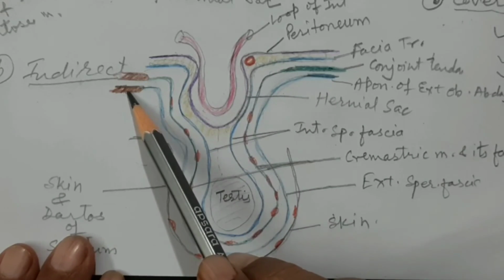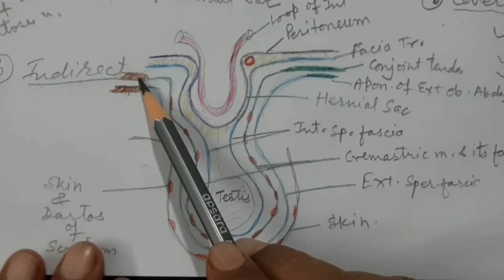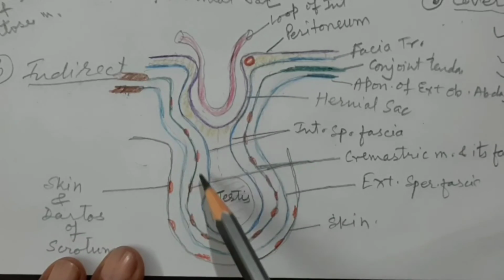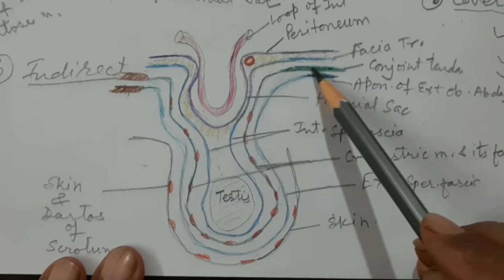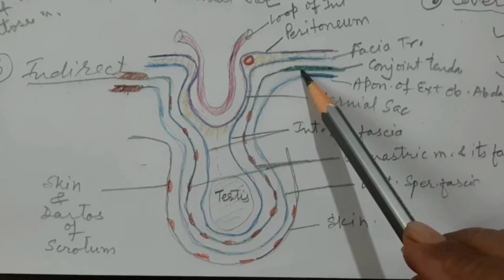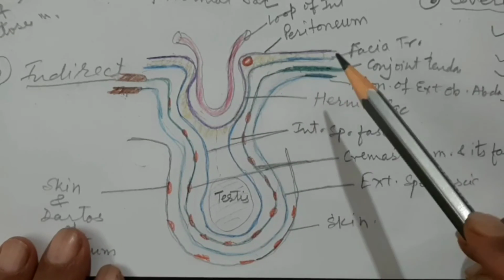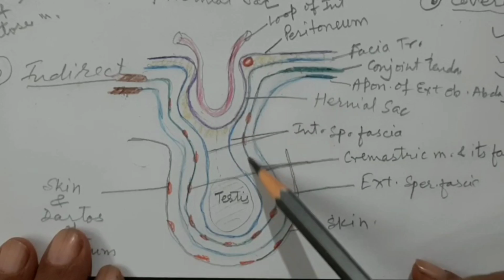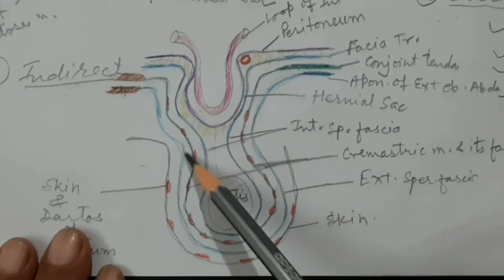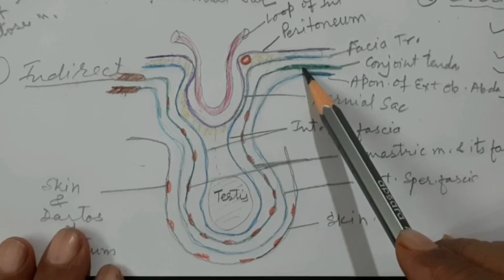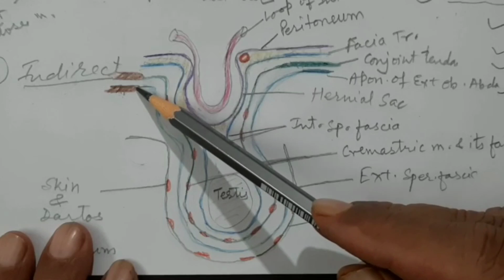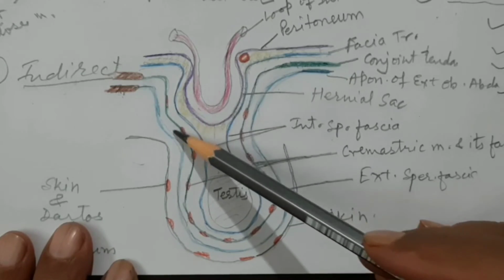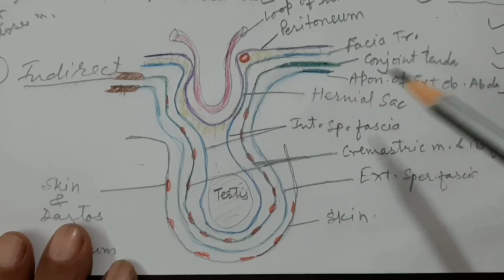And this external spermatic fascia is nothing but coming from the aponeurosis of the external oblique abdominis. This is the external oblique abdominis muscle. This is the internal oblique abdominis, from where the cremasteric muscle and its fascia were derived. And if you trace this medially, this will form the conjoined tendon, because it is ultimately the tendon of insertion of the internal oblique and the transversus abdominis. So the conjoined tendon is continuous on this side, and here are the lower fibers of the internal oblique. It is just a diagrammatic representation. And then from the external oblique abdominis, the aponeurosis will give this fascia,